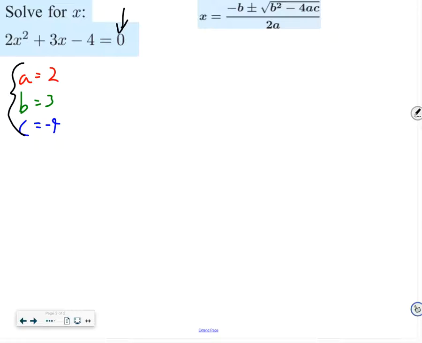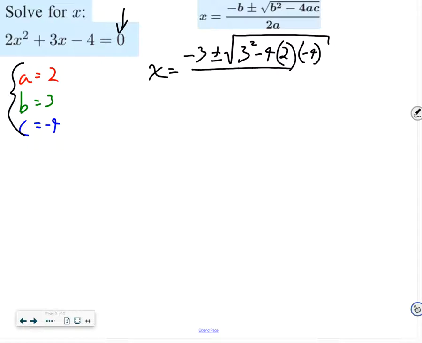So I have my formula there. x is equal to negative b, so negative 3, plus or minus the square root of 3 squared minus 4 times a, which is 2, times c, which is negative 4, all over 2 times a, which is